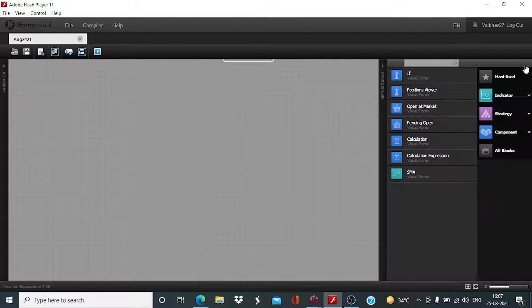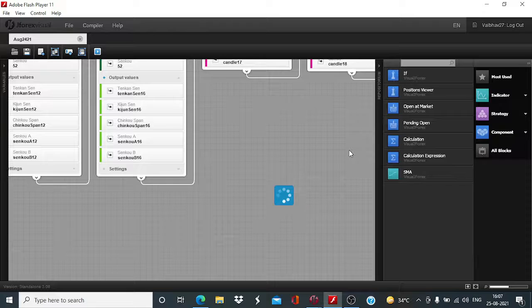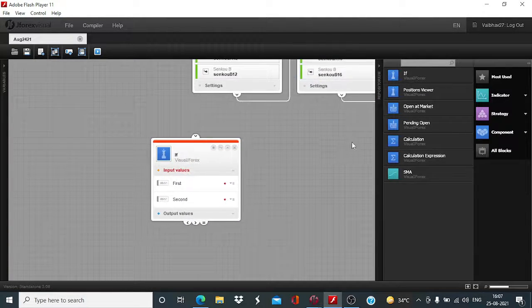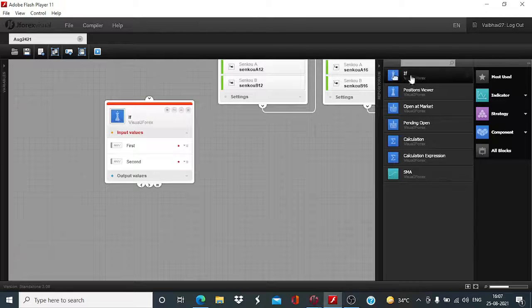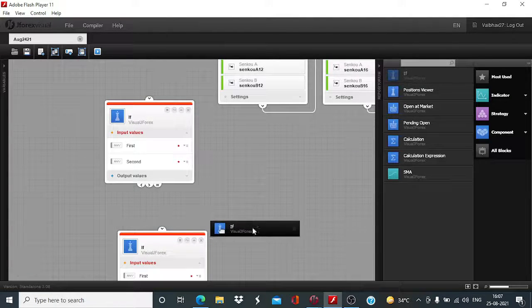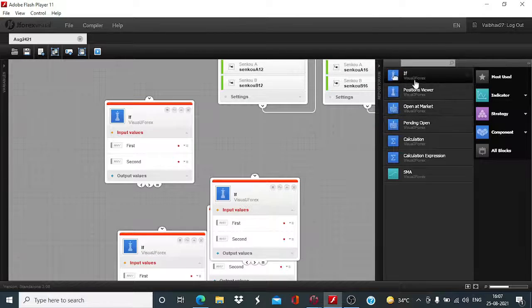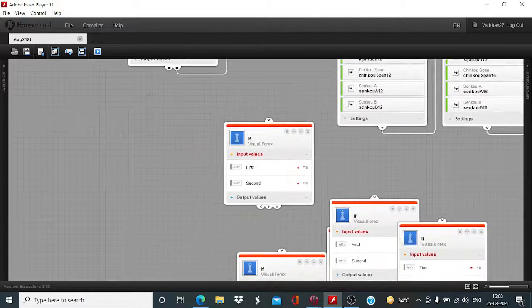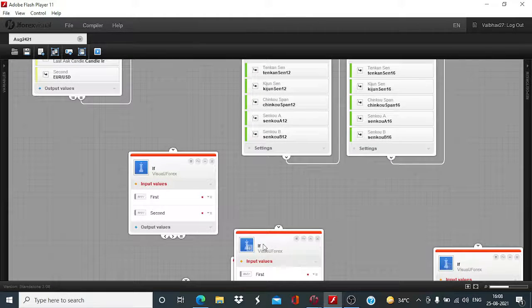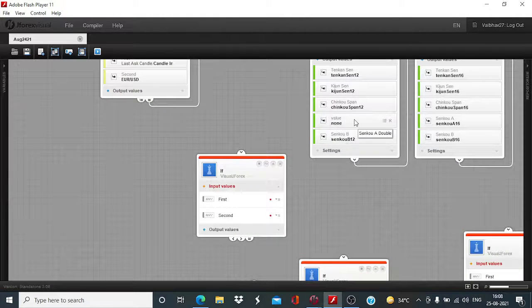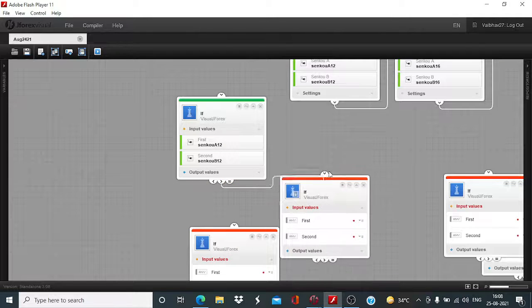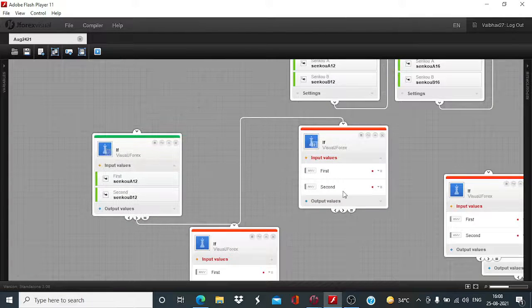Now we will have to take the help of logical blocks, if blocks. We are going to need a couple of them, so I will add 4 or 5 of them in one go. If need arises, we will add more. Now, Senko A should be greater than Senko B, so first input greater than second input. Okay,